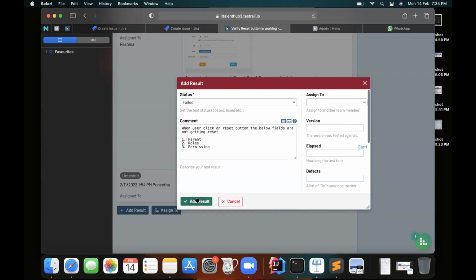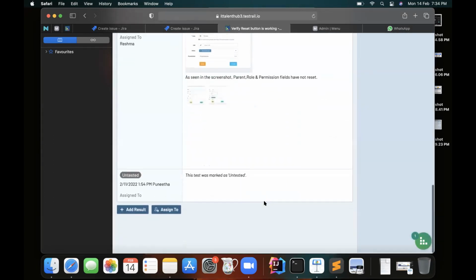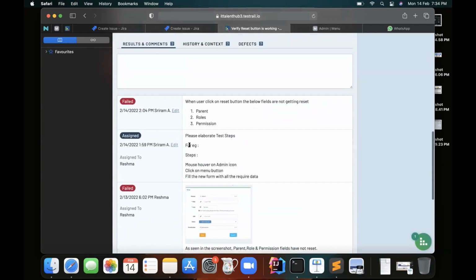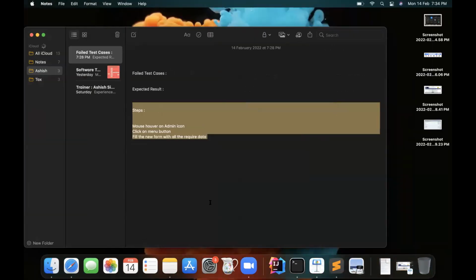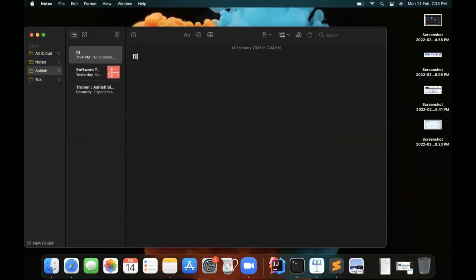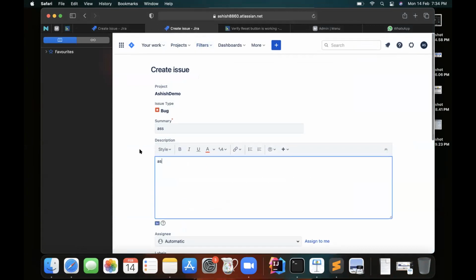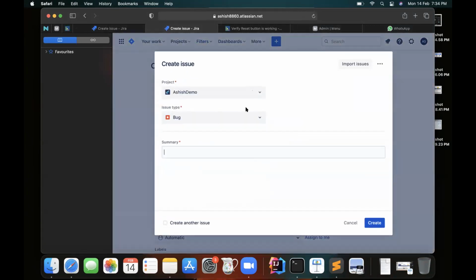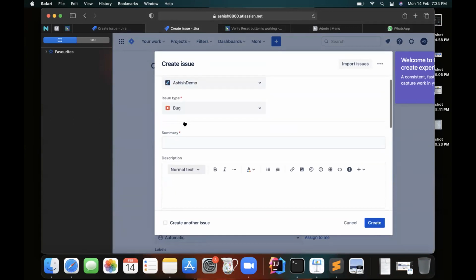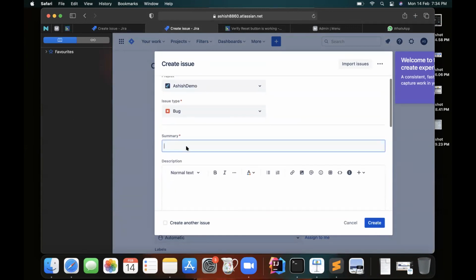All right. Yeah. Okay. Then you just provide it like this way. Just elaborate everything, like if you have learned while filing an issue in a JIRA. Okay, so let me just open one JIRA portal. So here you need to file an issue. While filing an issue, you need to provide a summary. Correct? Yes. Like if I say reset button,